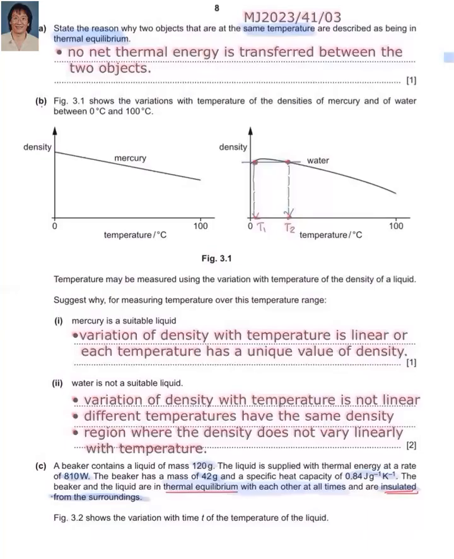This is a May/June 2023, 41 variant. Part A, 3A. State the reason why two objects that are at the same temperature are described as being in